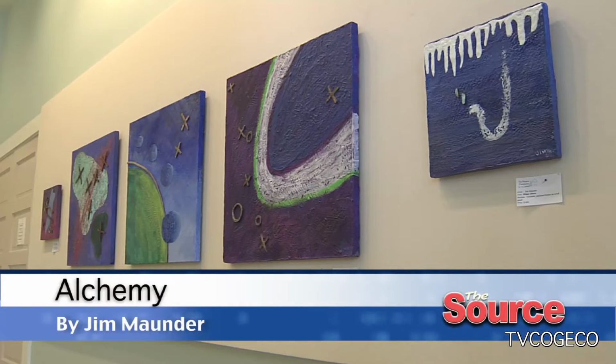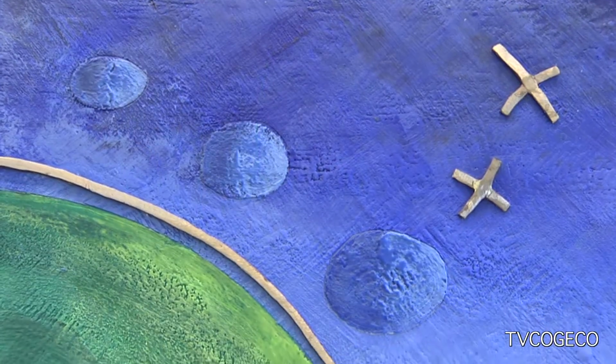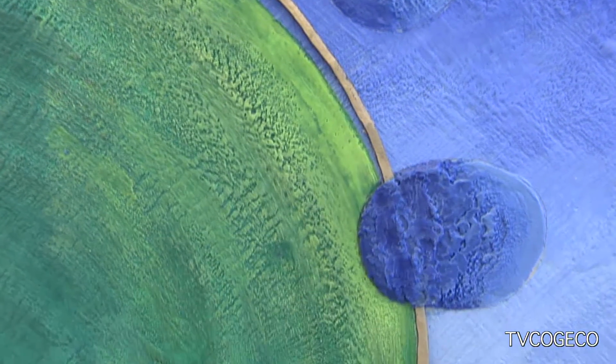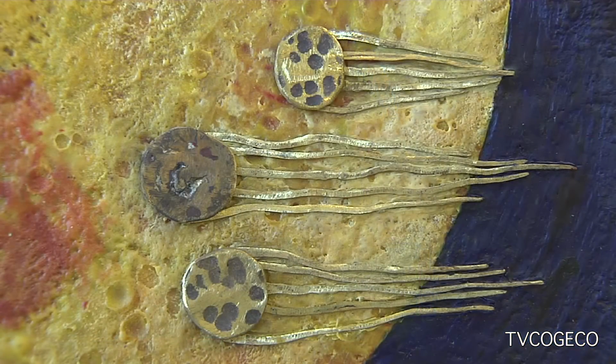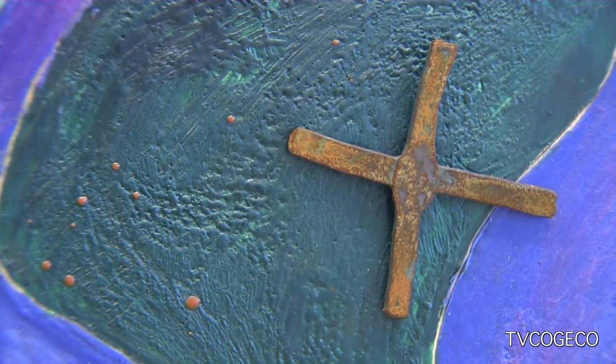A lot of these pieces in this exhibit have a space theme, and there's also many abstract themes, which is different than a lot of what you've done in the past where your focus was on the environment. What brought about that change? This was inspired by a picture I saw by a 4-year-old. It was a spaceship with an astronaut reaching his hand out the window to grab a star, and it really